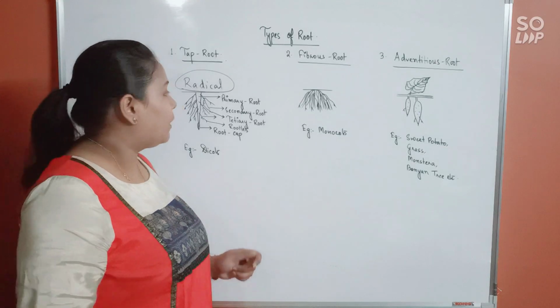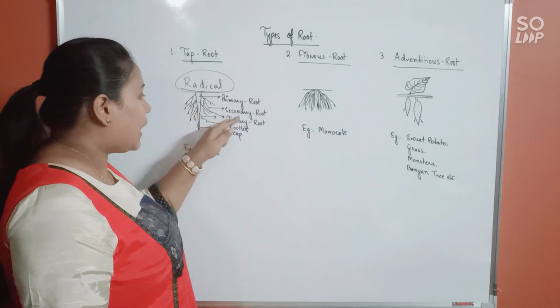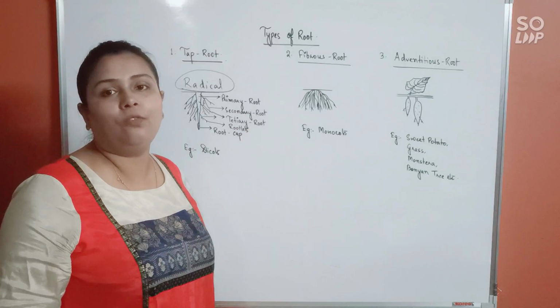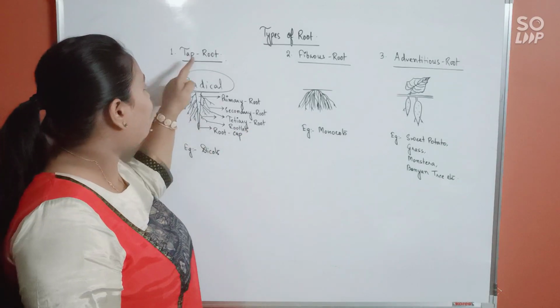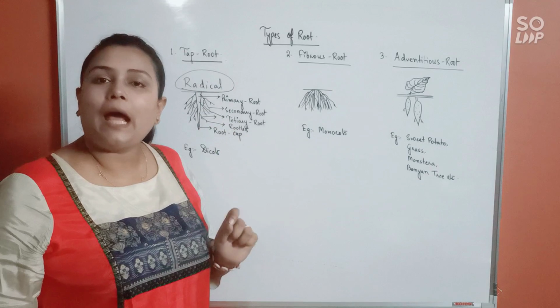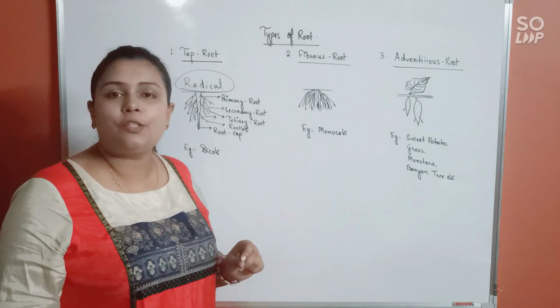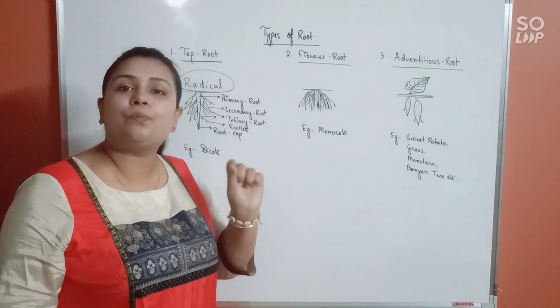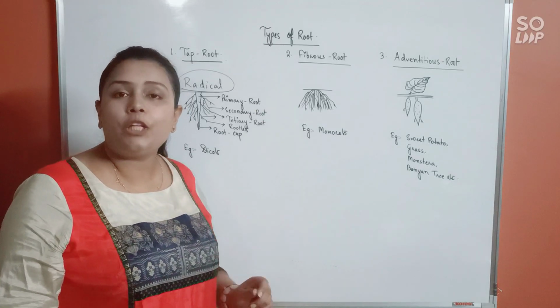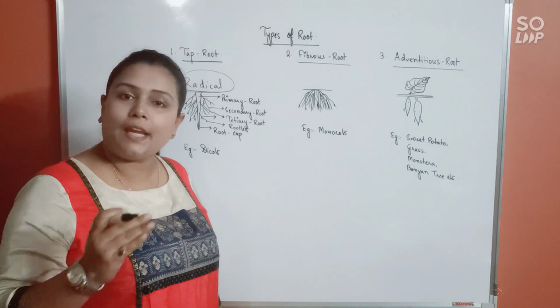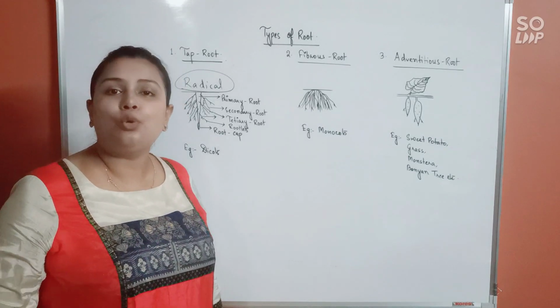Okay. Now see, this primary root, secondary root, tertiary root and rootlets together as a whole will be termed as the taproot system. So the taproot system directly arises from the radical of the seed. It consists of the primary root, which is the most prominent part of the root, from which would arise various branches that would be termed as secondary, tertiary and rootlets.